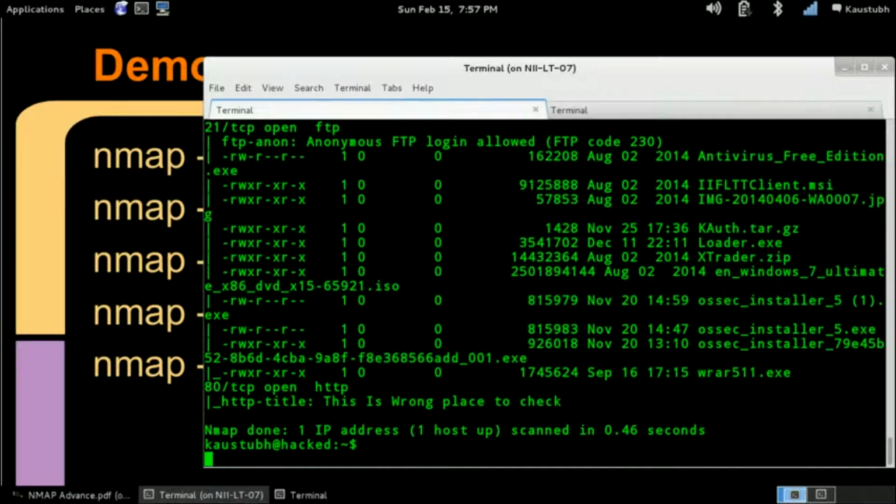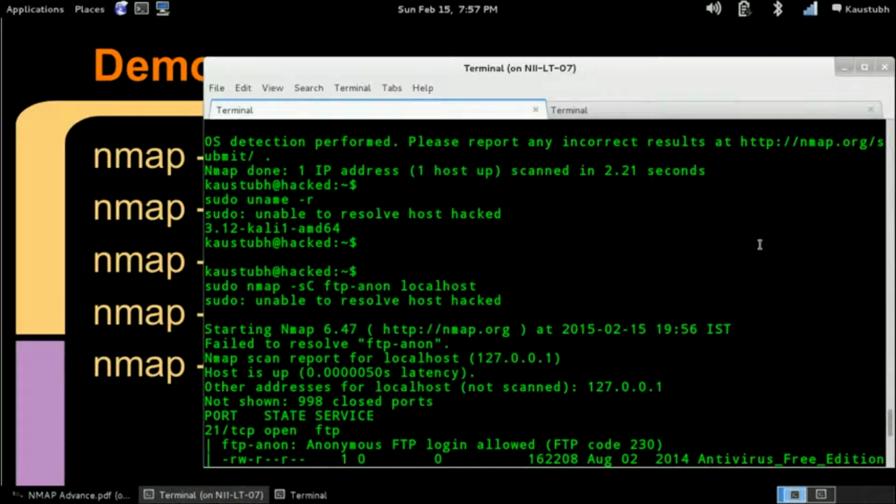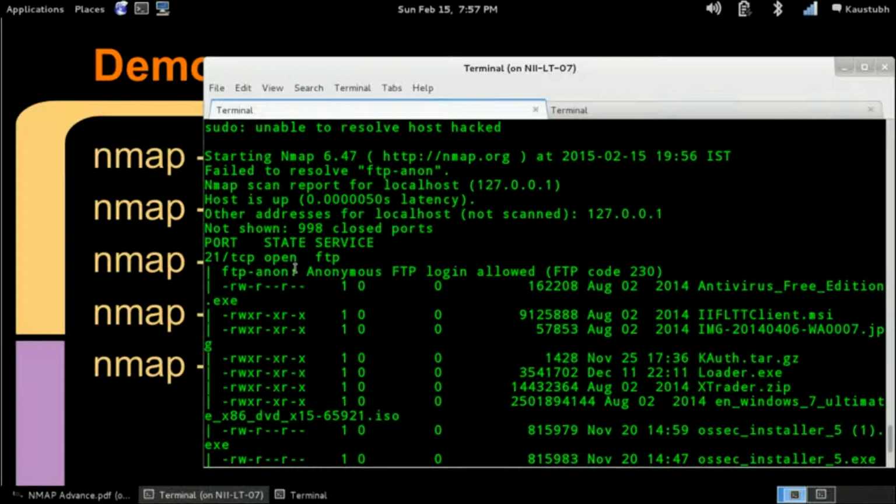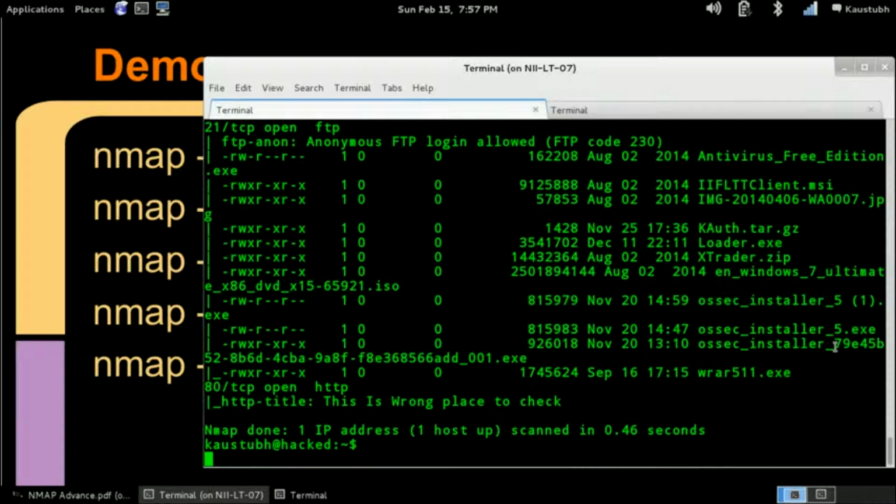You can see here it just ran a script in nmap, and you can see the ftp-anon script output: allowed method, anonymous login is allowed, FTP code is 230, and you can see it had listed all the files, osec install, loader.exe, chaos.tar.gz, and an image also.